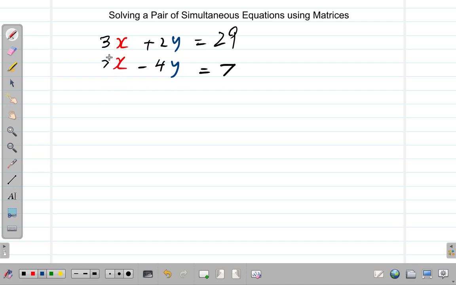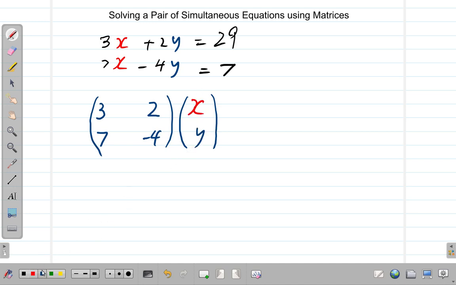We first of all rewrite the equations in matrix form. So we have 3, 2, 7, and negative 4. And these multiply x and y to get 29, 7. You see that? So now,